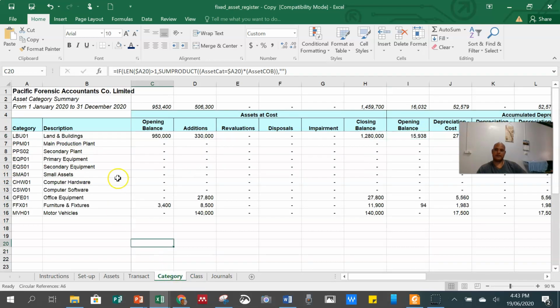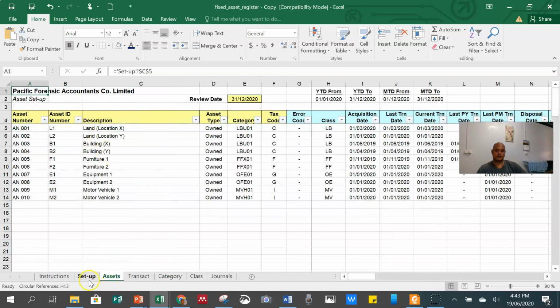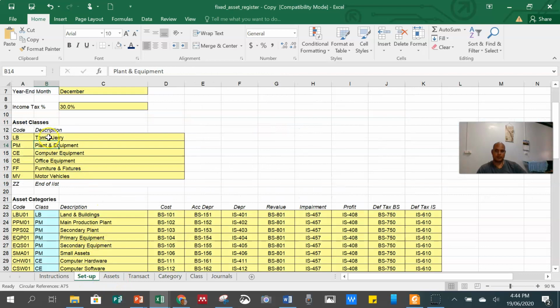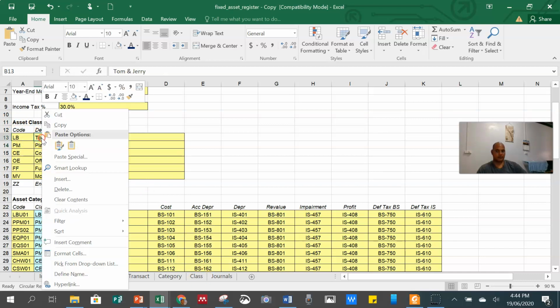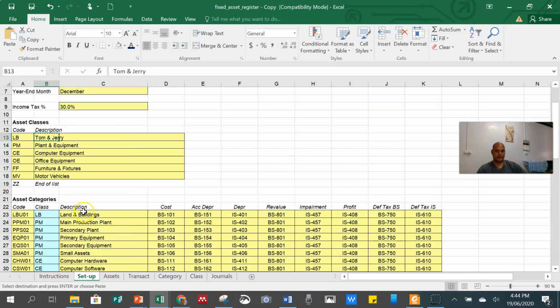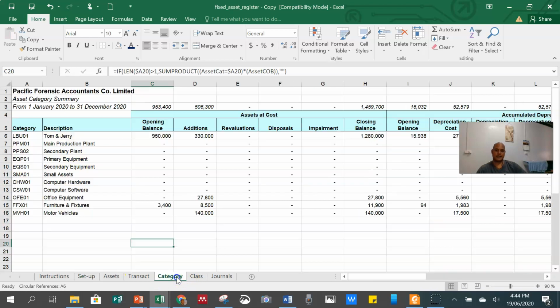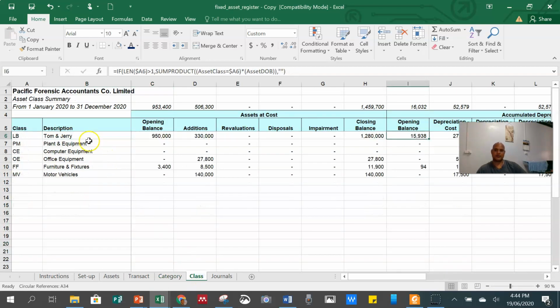But if you go here, it will not change because Tom is under the asset classes. So it will feed into this one. But if you decide to say, okay, Tom is also an asset, so we change here and change here, then we can say that the category will also change to Tom. The class will also change to Tom.